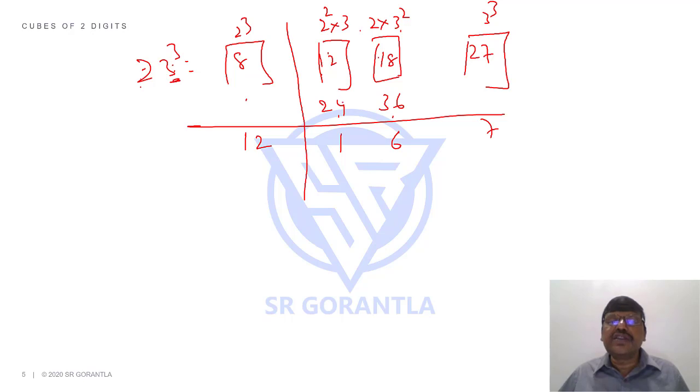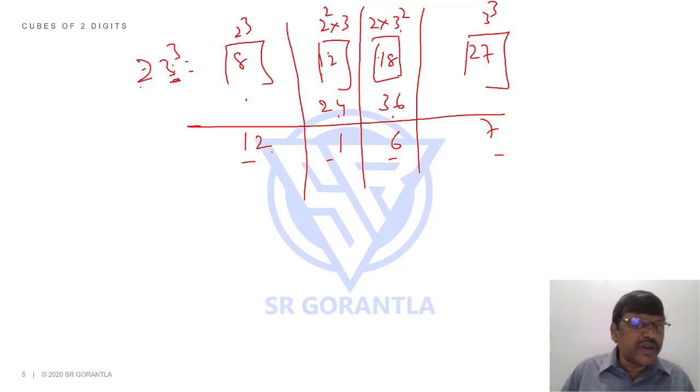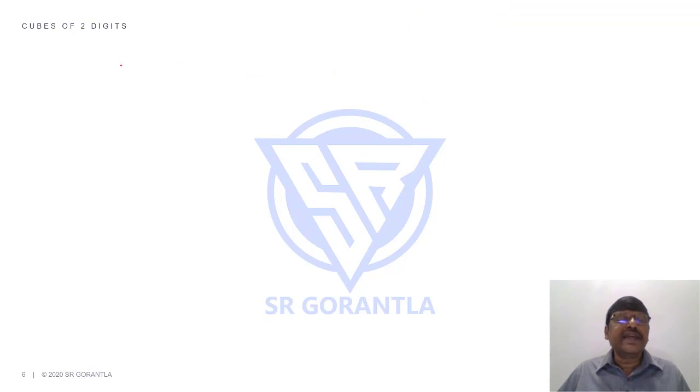Is it okay? Everything you have to take as a single place and then write only one digit till the last answer. Is that okay? So you write either this way or you can use the ratio approach, whichever you are comfortable with. Done? Okay, let me take one more example, students. Let us say 34 cube. You can pause this video and first calculate and then continue watching this video.